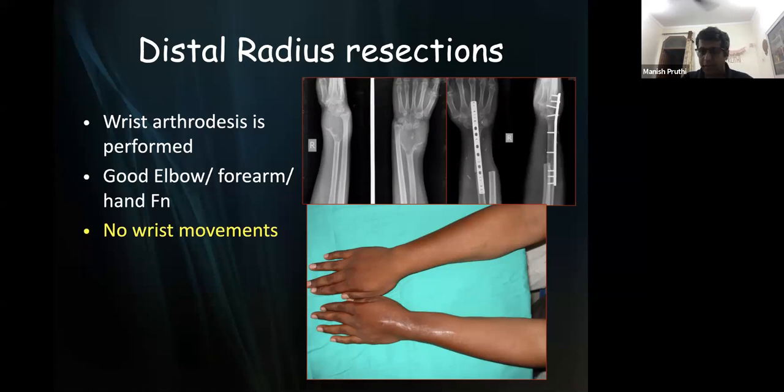In this, we need to wait for certain activities for the bone to unite, which usually takes around 3 months. But yes, still the patient can start a little intermittent forearm range of movement from 6 weeks. We usually wait for 4 to 6 weeks for the bone to form a little callus.